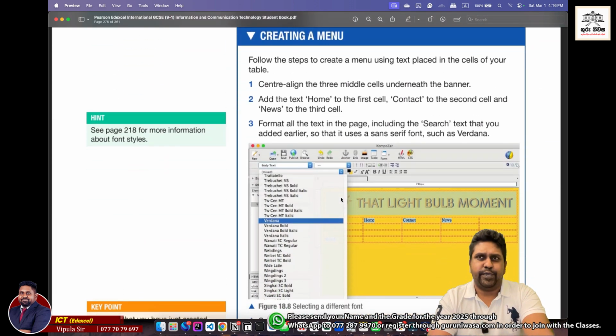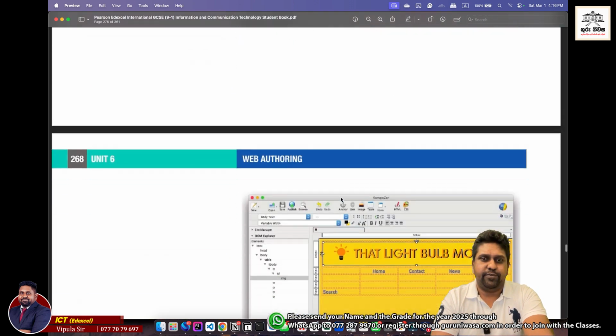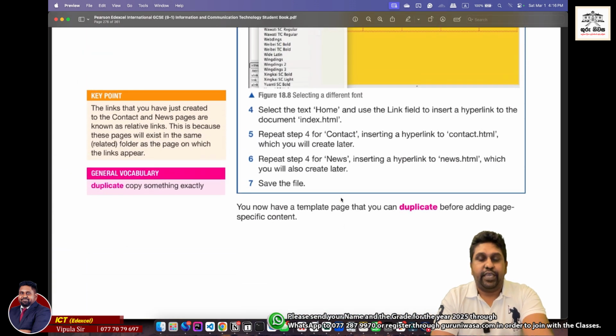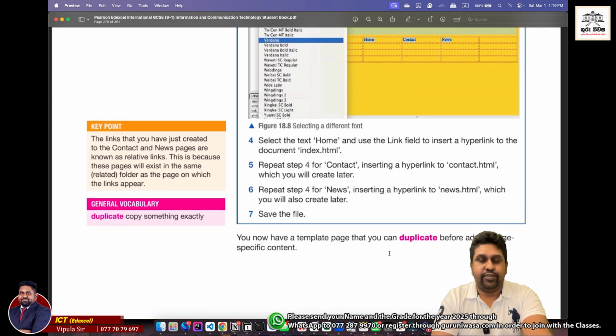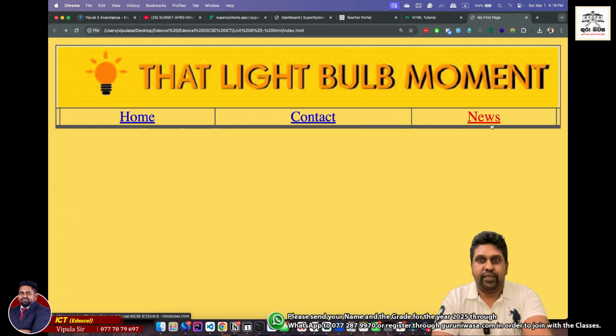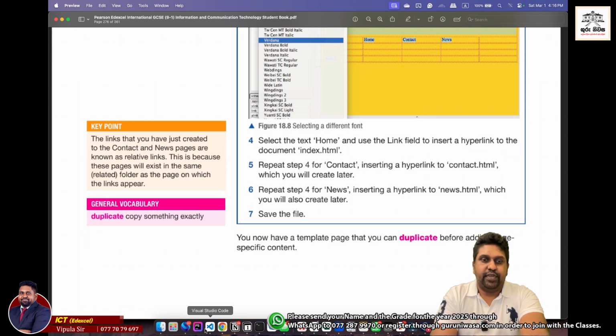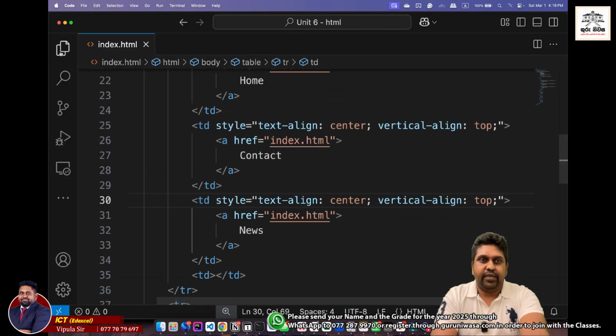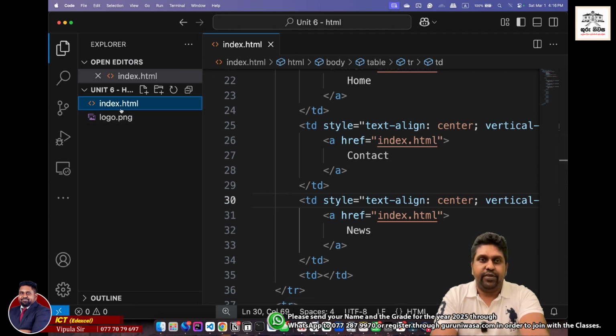So going down, creating the menu, that is also done, and now we have the menu, and now we have to do one more thing. Since these are the same pages, when you click here, we are literally reloading the same page. Since we added the base of the system, let's copy paste this file. You can click here to open the file manager, and then let's copy paste this file as